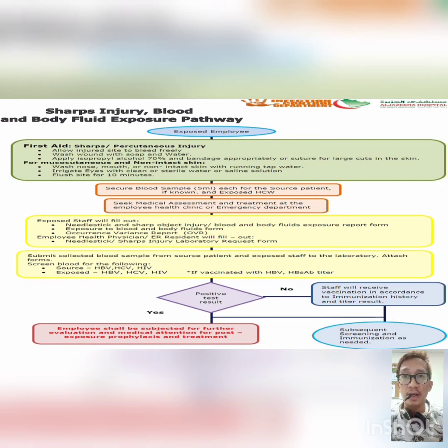Irrigate eyes with clean or sterile water or saline solution, and flush the site for at least 10 minutes. Do not forget, once you finish your first aid intervention with your injury, the next step that you're going to follow is you need to identify the source patient involved